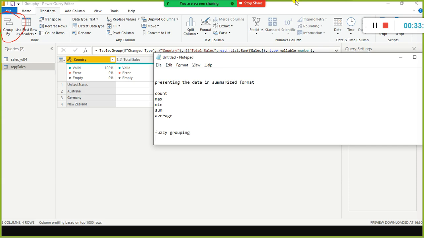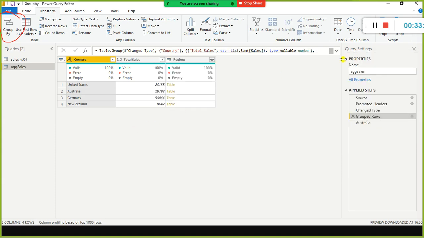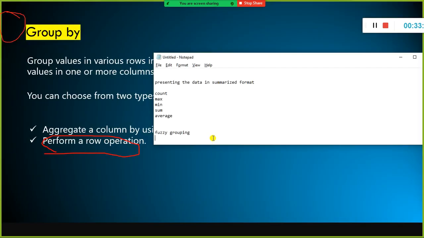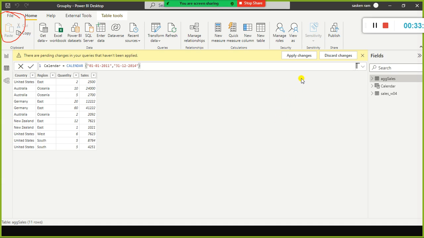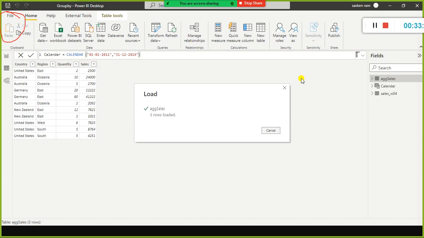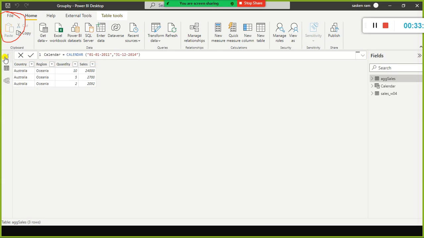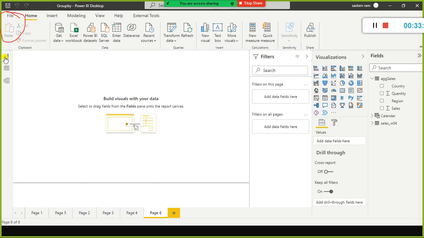In order to understand fuzzy grouping, there is an option called fuzzy grouping.